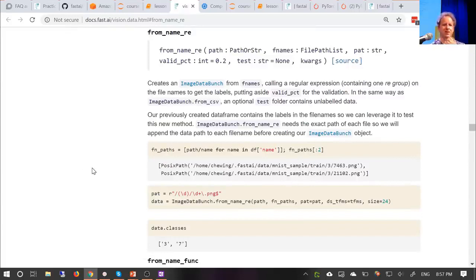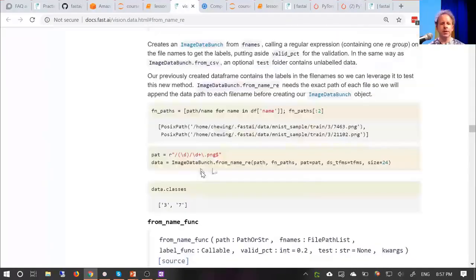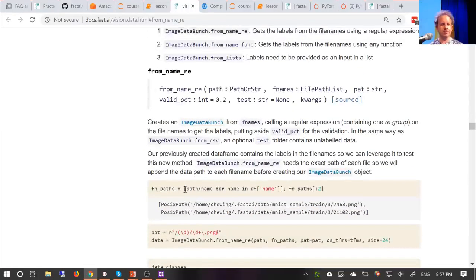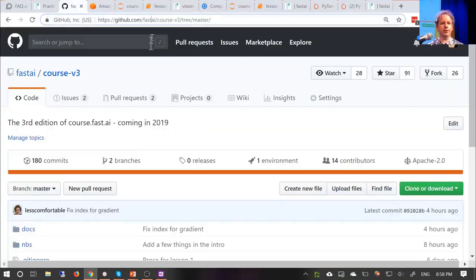So here's the thing. Every single line of code I just showed you, I took it this morning and I copied and pasted it from the documentation. So you can see here the exact code that I just used. So the documentation for Fastai doesn't just tell you what to do, but step by step how to do it. And here is perhaps the coolest bit. If you go to Fastai,